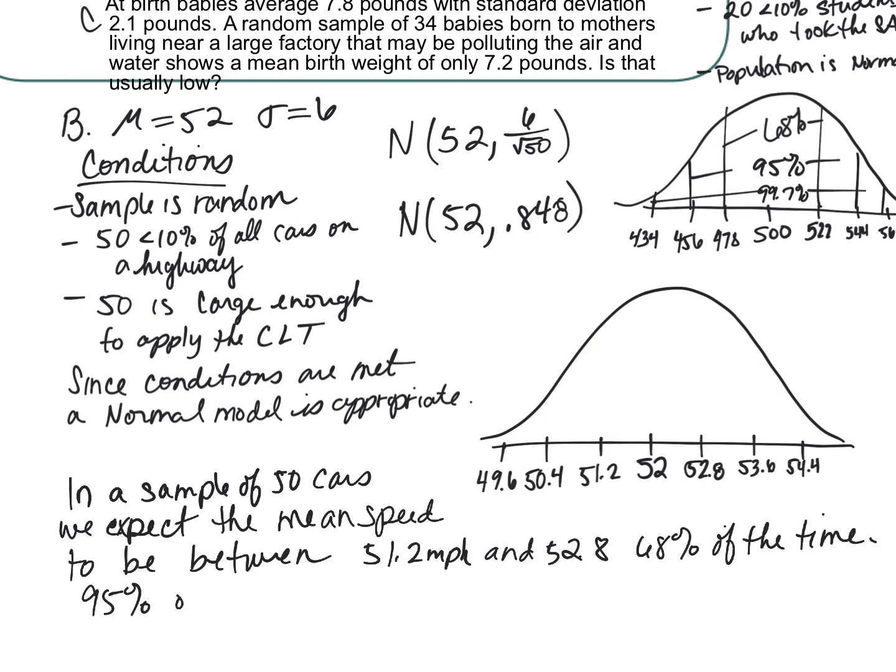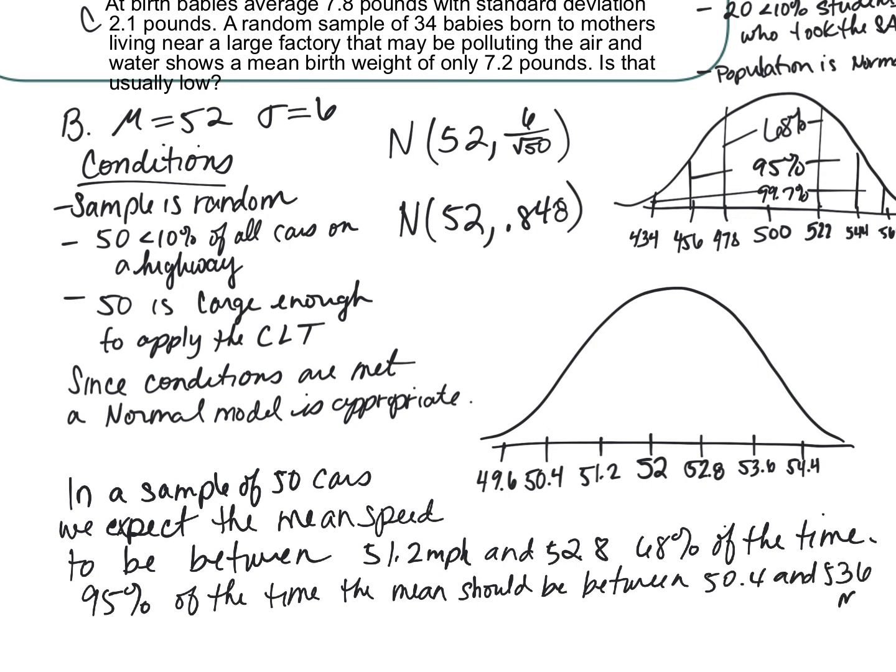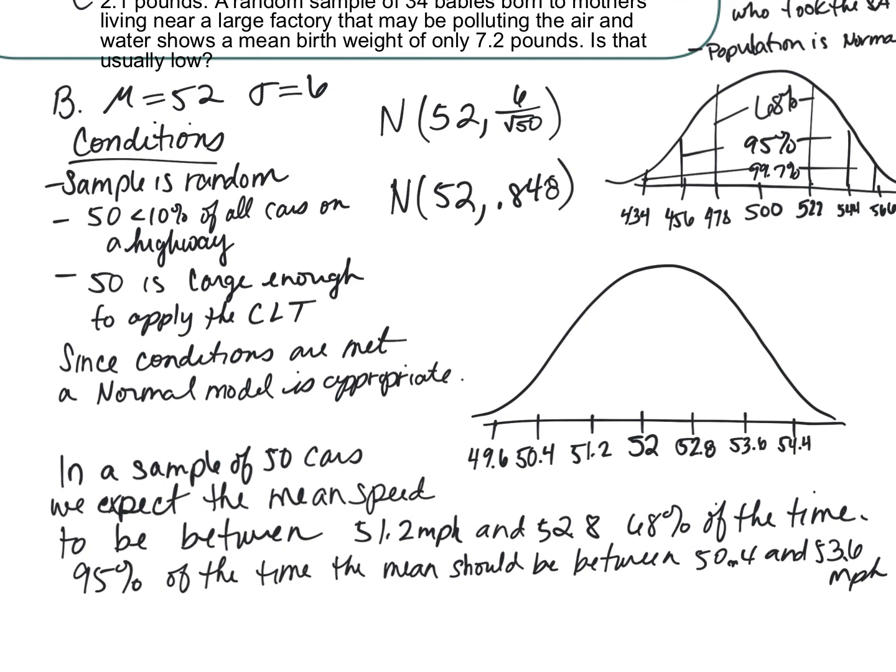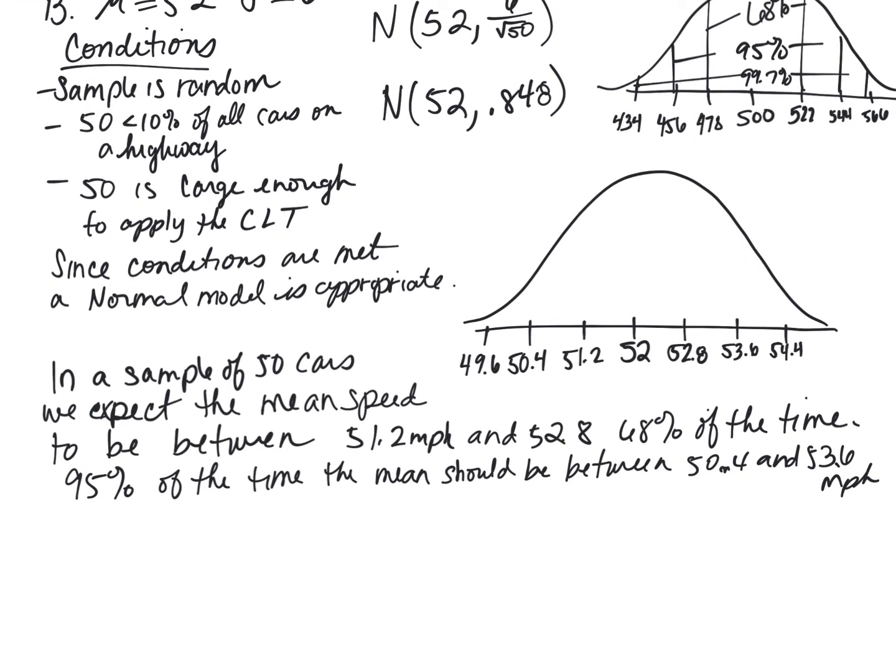95% of the time, the mean should be between 50.4 and 53.6 miles per hour. Okay, with means and standard deviations, it's important to put the units. And 99.7% of the time,